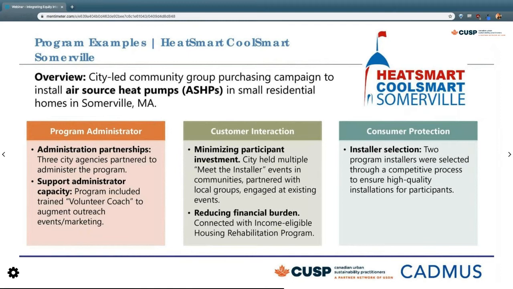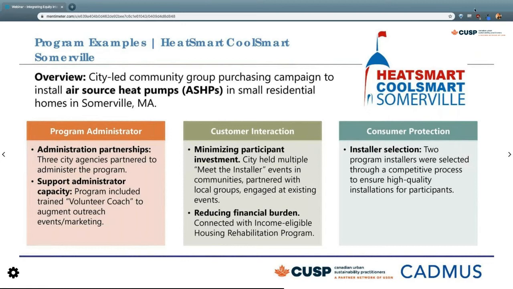In this case, air source heat pumps are a relatively new market, and not all the contractors have the best practices for installing them. So there was a really robust installer selection process that went into this program. Since there are only a few installers that service the program, they submitted an RFP to get interest from installers within the region, went through a first round of review there, and then also did in-depth interviews with